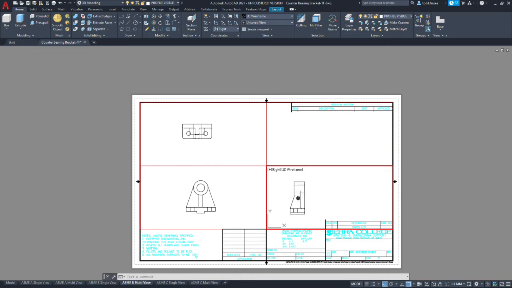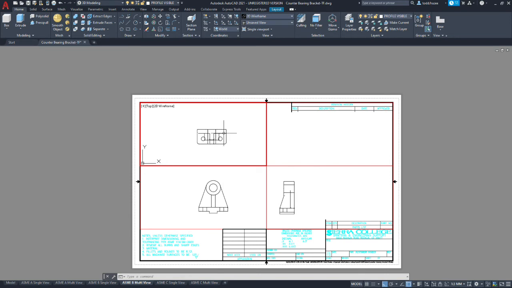So I'm going to move this view pretty far to the left, and then I'm going to move the front view a little bit to the right, and then that way we can space our top view. It's relatively close to the same spacing between the drawing views. Okay, now we're going to go through an alignment procedure. So we've just finished 26A and 27, and now we're going to move on to 28.